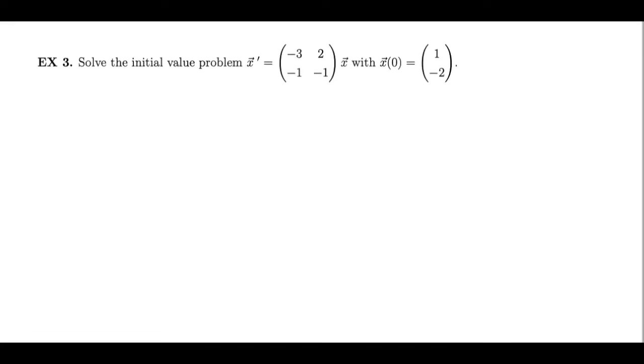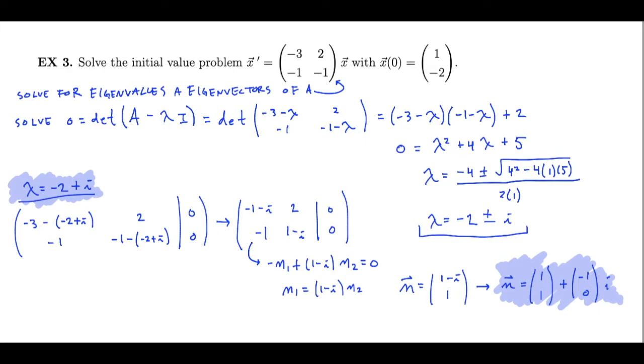In example 3 here, we're given an initial value problem where we've got a system and initial conditions, and asked to solve that. As always, we'll start by finding the eigenvalues and eigenvectors of this coefficient matrix A here. So let me work through those steps. So here's what I get when I work through the details using the eigenvalue -2 plus i. Once again, plugging that into my eigenequation is kind of weird, but one step of simplification, and then